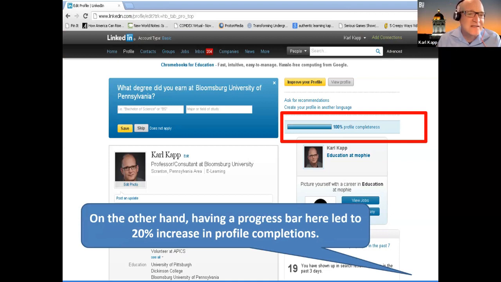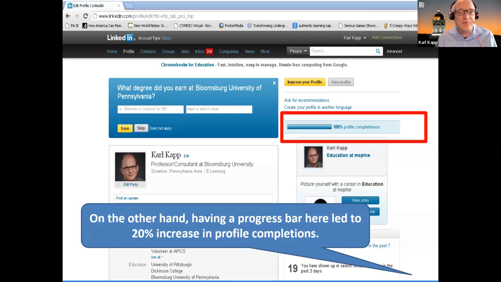So let me give an example. LinkedIn, in the early days, wanted everybody to fill out their profile because that was really important. And when LinkedIn added a progress bar, they got a 20% increase in profile completions because people are like, I'm 80%, I'm almost done, I'm going to do this. Rather than, I don't know how much I have to fill out or how much is there. No, all of a sudden, hey, I only have 20%. I'm going to finish it, right? Or I only have 10% or 5%, or, oh, wow, I'm 50%. I better get moving, right?